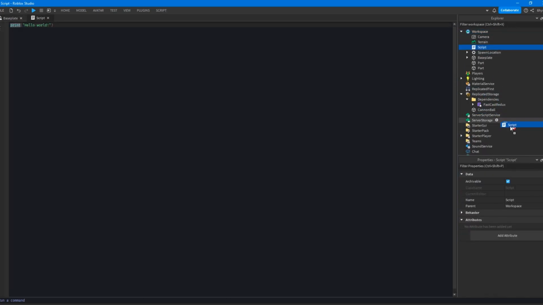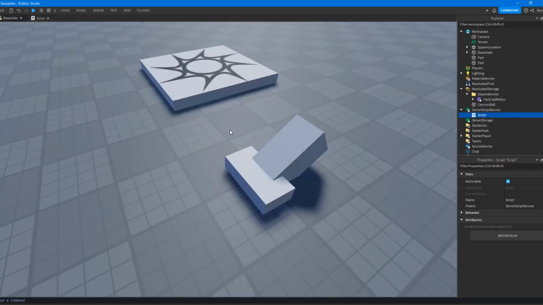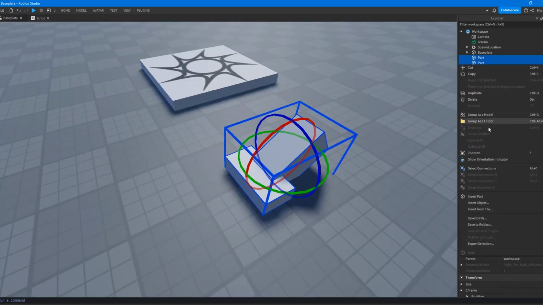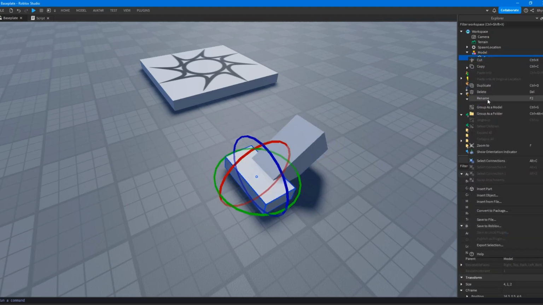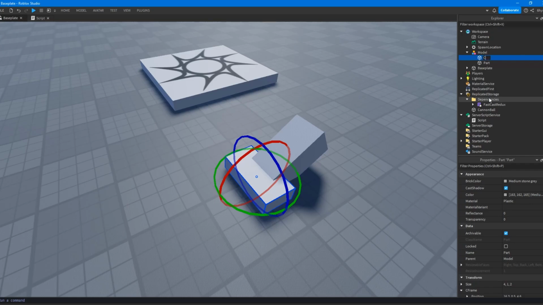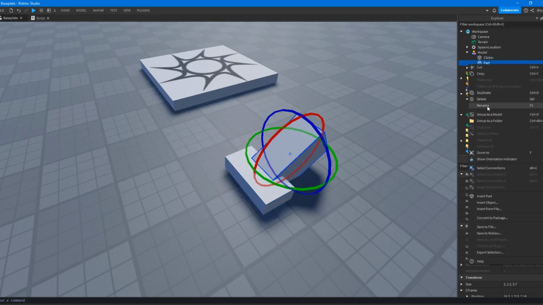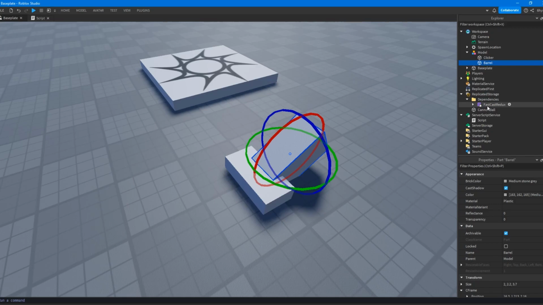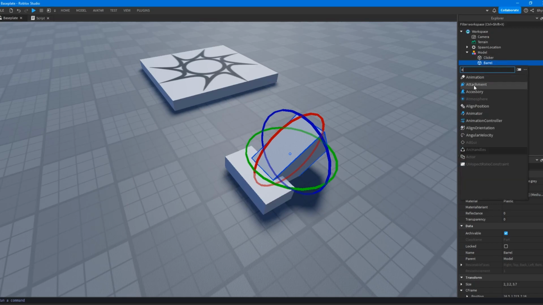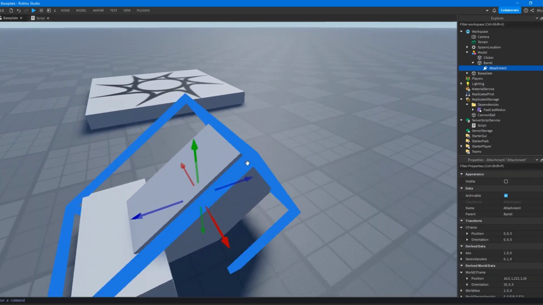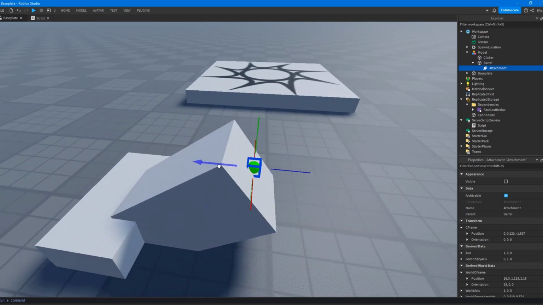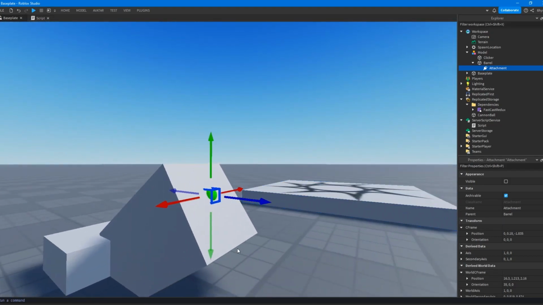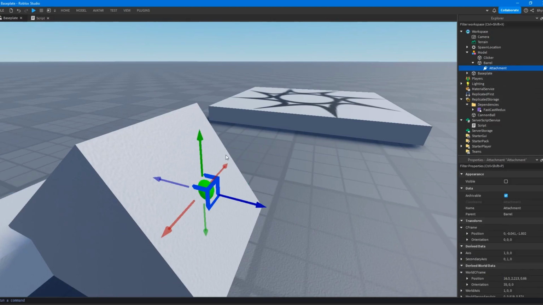So I'm going to make a server script here. Let me actually make this into a model. We'll call this clicker. This will be our barrel. I'm actually going to put an attachment inside of our barrel, and this is kind of important because this will give us a good location to spawn in the cannonball at. So I'm going to put it roughly in the middle if I can get it there. That's pretty much it right there.